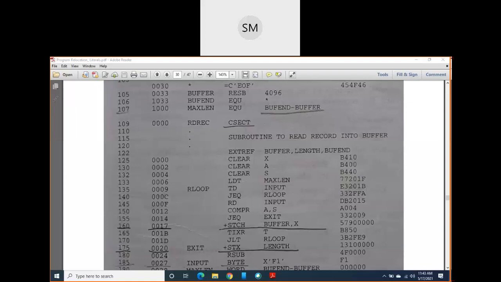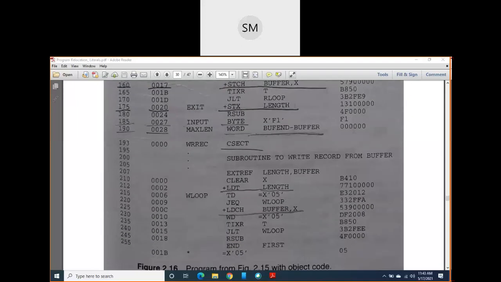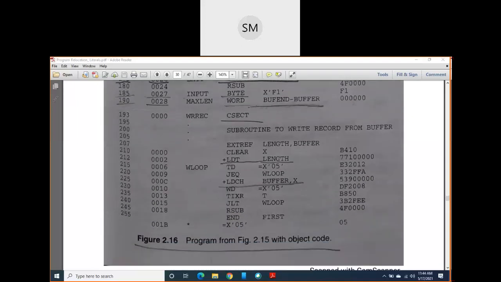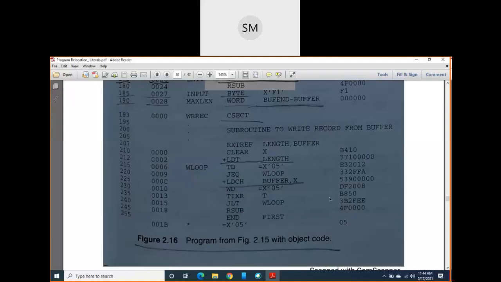Next, you have generated these object codes, and the next step is you have to write the object program, right? To arrange all these object codes in a proper manner, we have the particular structure of an object program. The syntax has some records: header record, text record, and end record.